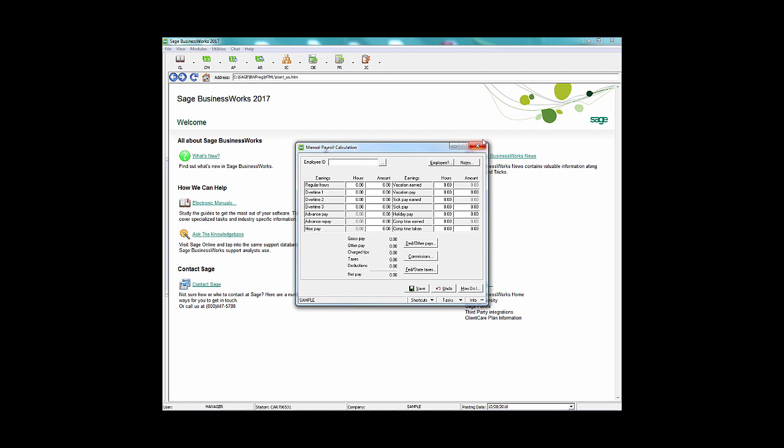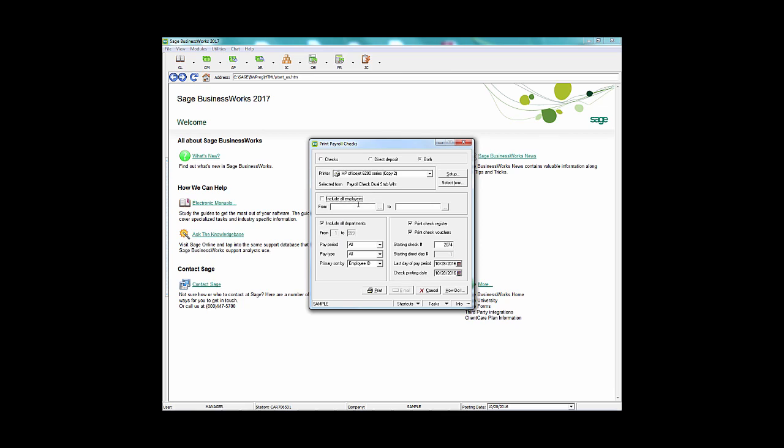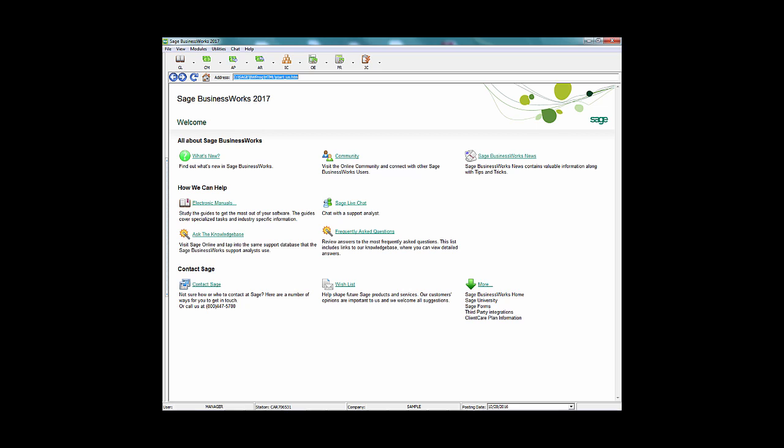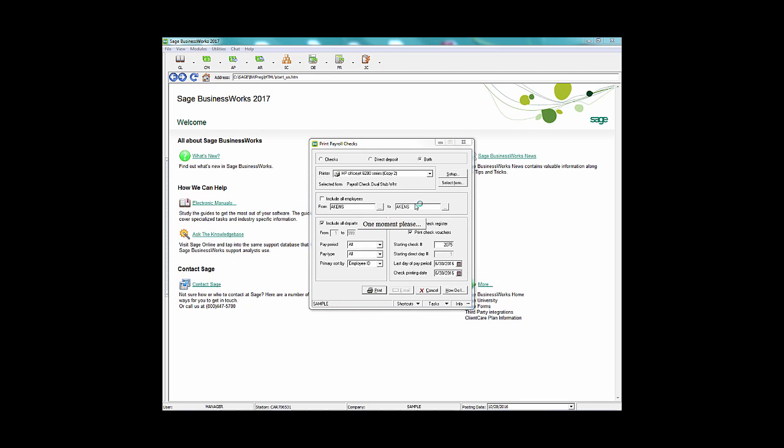We can save this. We can now print our check under Print Payroll Checks. I'm just going to use Aikens. I do need to change my date because I am in sample company. And we'll go ahead and print. And we now can OK this and close out of our check printing,